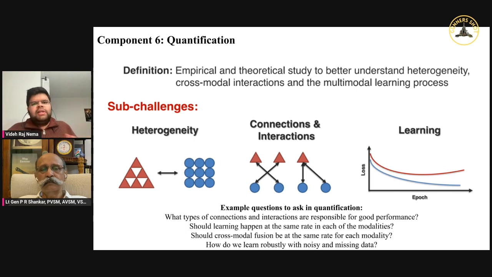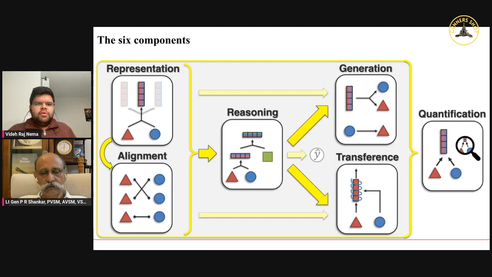So this really helps if we have a primary modality which is noisy and has disturbances. And the final step is quantification. Quantification is simple. Basically, you develop theoretical and empirical frameworks around how to do multimodal machine learning. That's just quantification. So this is the overarching pipeline of how any multimodal machine learning algorithm will be built, and any multimodal machine learning algorithm can be used for our data fusion purposes.